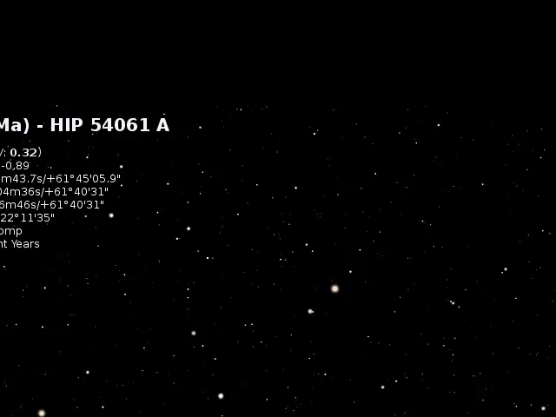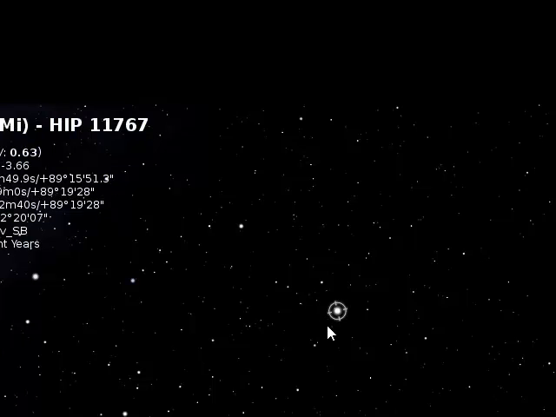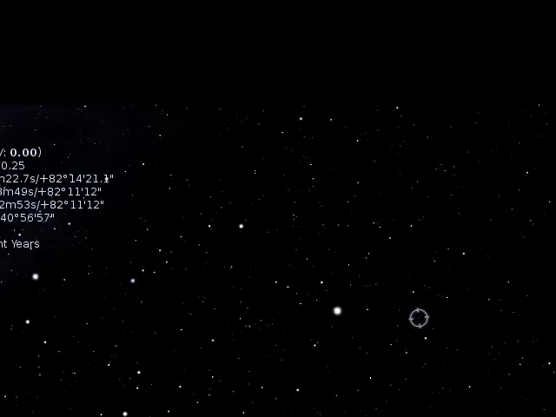The pointer stars, Phecda and Merak, point toward Polaris, which is higher up in the sky. It's a part of the constellation of the Little Dipper, the brightest star in the Little Dipper. So this ought to be Polaris, right here. So having done that,